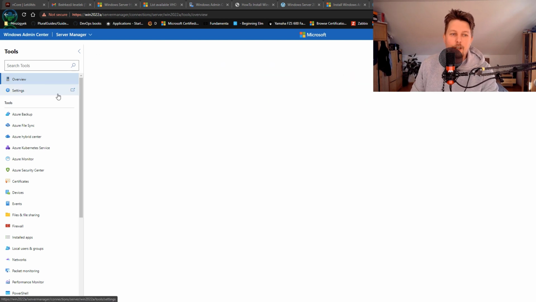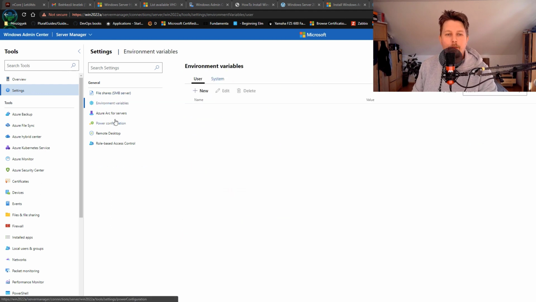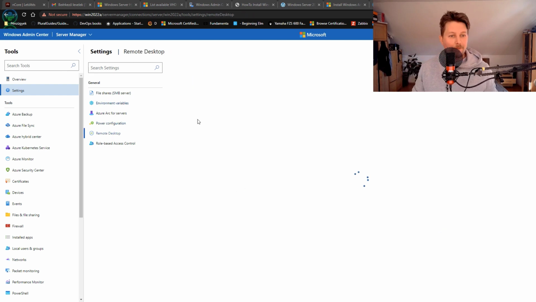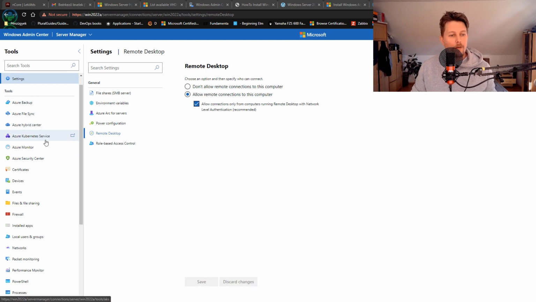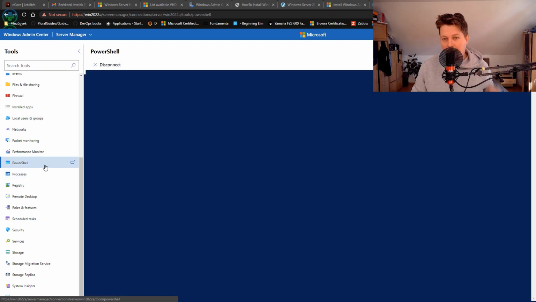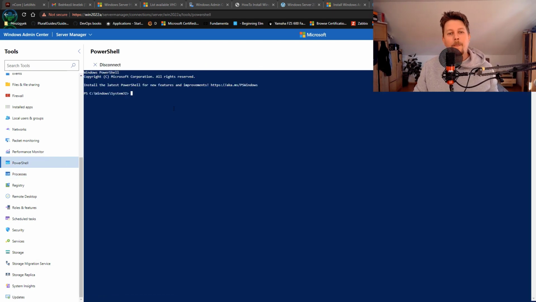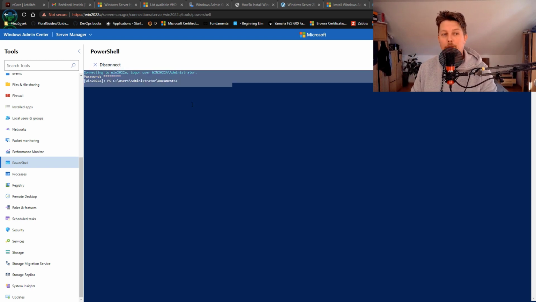This is just a basic dashboard. We also have some settings that we can use. We have access to the environment variables, remote desktop even. Yeah, this is allowed. And yeah, we can also check the processes. We can check Windows PowerShell. It will prompt for a password, and if the password is entered successfully, we have a PowerShell console to our